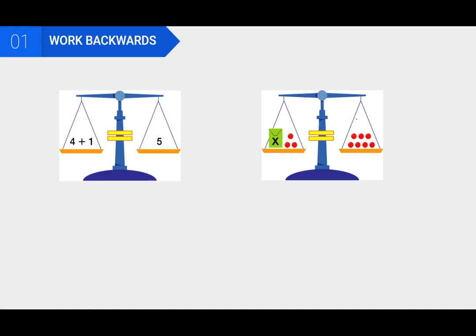Here are two balance scales. If we look at them just as an equation, it'd be 4 plus 1 equals 5. And x, there's some number of red circles in this envelope. We don't know how many. But increased by 3 is balanced with 7 red circles. So let's say if I take this balance scale, looking at first 4 plus 1 equals 5, and I take away that 1. It is no longer balanced. But if I also take away 1 from the right side,